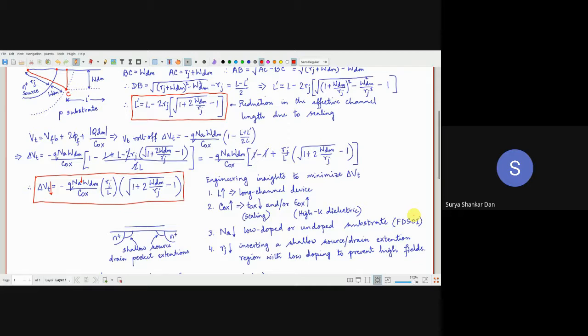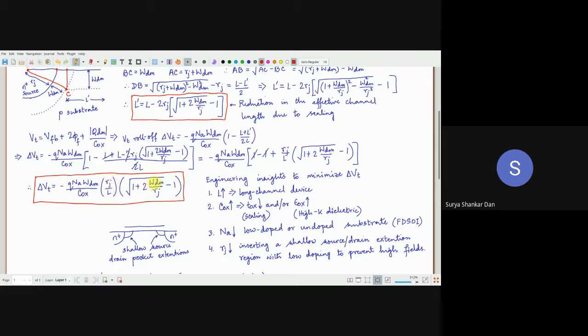So I'll tell you one thing to keep things in perspective. FDSOI or SOI device, basically FDSOI is everywhere. It's ubiquitous. All the technologies which you see around you right now, FinFET, Omega Gate, Double Gate, Gate All Around, Tunnel FET, GOT-FET, these are all FDSOI devices. So we will learn about FDSOI within the next few classes. We have to use FDSOI technology to reduce NA, such that delta VT will reduce, not VT. Okay, what is the next insight?